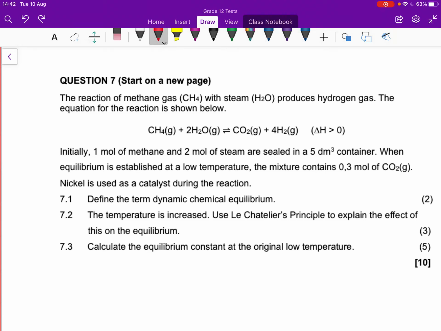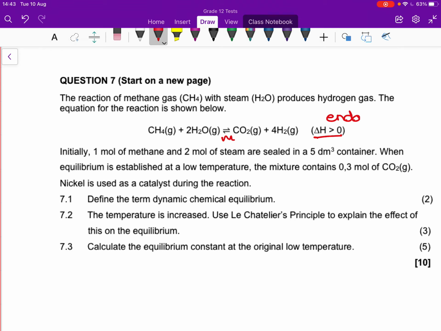Question 7 of the term 2 control test. So here we go. The reaction of methane gas, CH4, with steam, H2O, produces hydrogen gas. The equation for the reaction is shown below. Even if I'm not sure what section it is, the point here is that I've got a double arrow. That double arrow tells me I'm going to work with equilibrium, and the forward reaction is endothermic because delta H